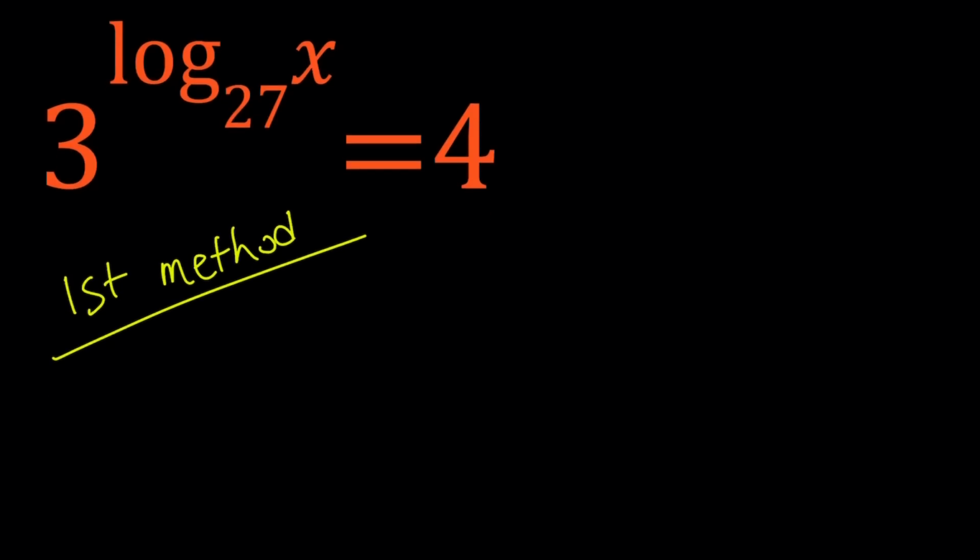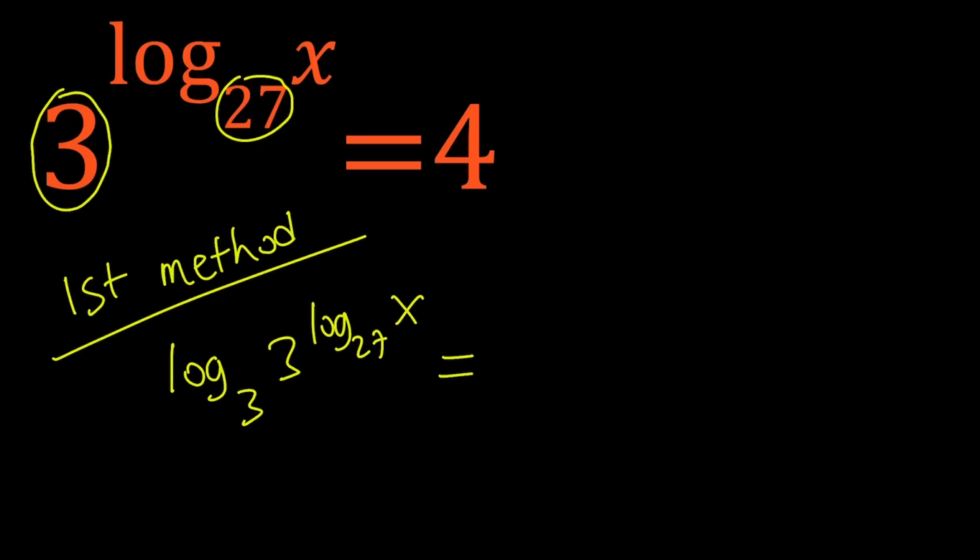So for my first method, I'm going to log both sides with base 3. And that kind of makes sense for two reasons. First of all, we have a base of 3 here, and the base for our log is also a power of 3. So you could also ln both sides, which is not going to be very much different, but I'm just going to use base 3. So log both sides